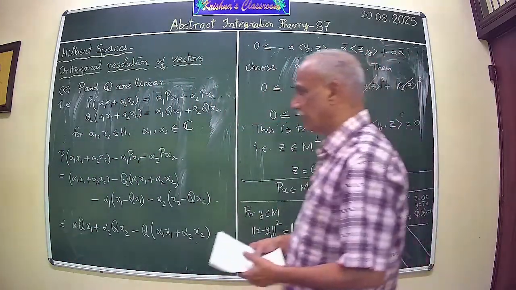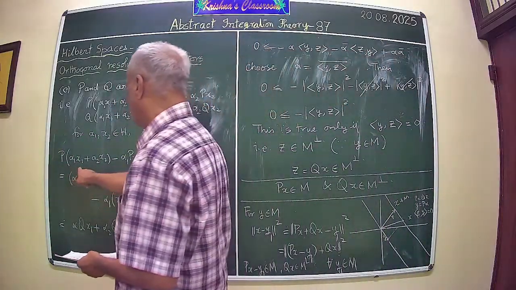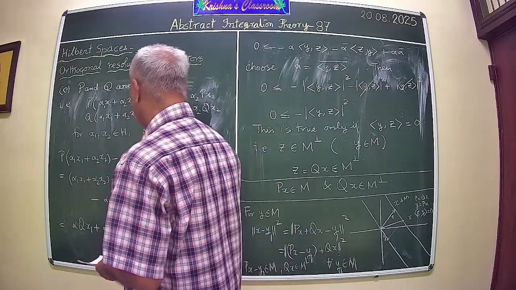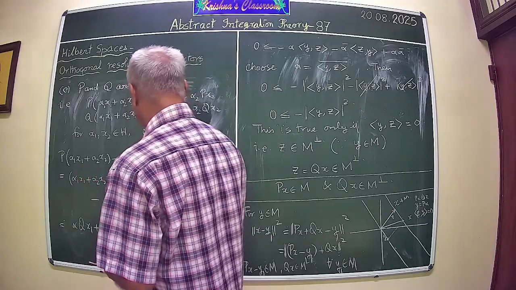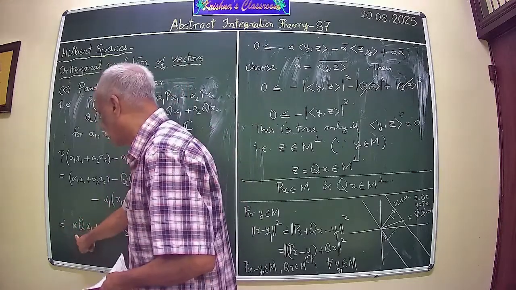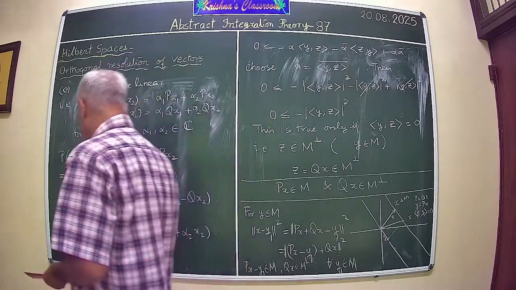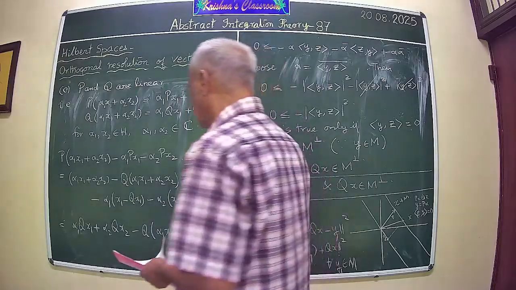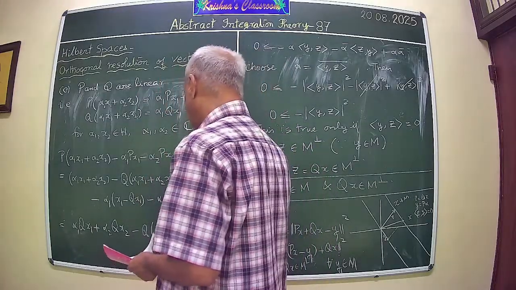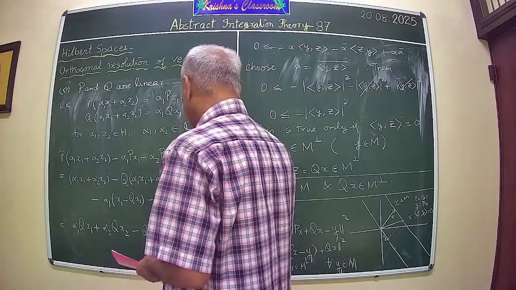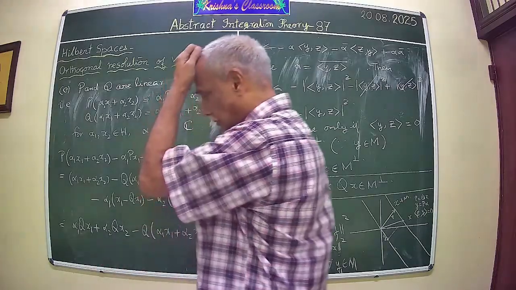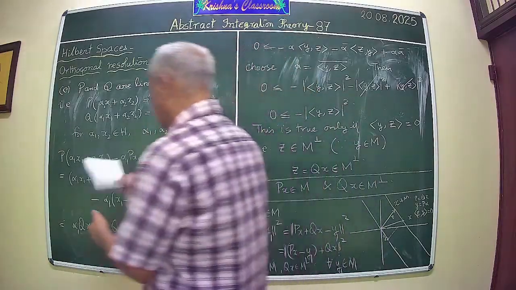So we get the relation that P of alpha 1 x1 plus alpha 2 x2 minus alpha 1 Px1 minus alpha 2 Px2 is equal to alpha 1 Qx1 plus alpha 2 Qx2 minus Q of alpha 1 x1 plus alpha 2 x2. Okay. Now you see that the left hand side